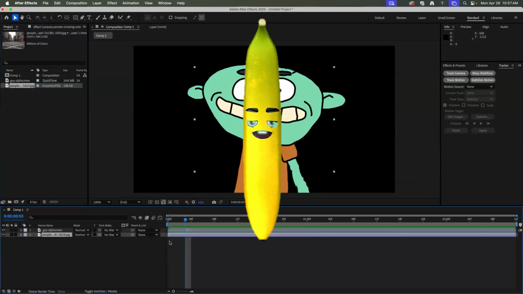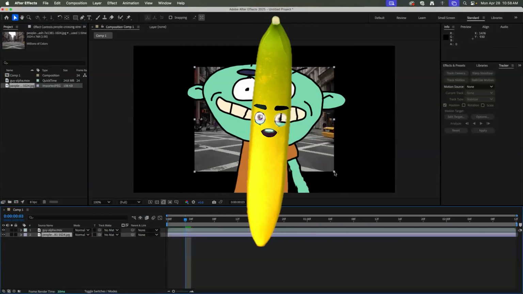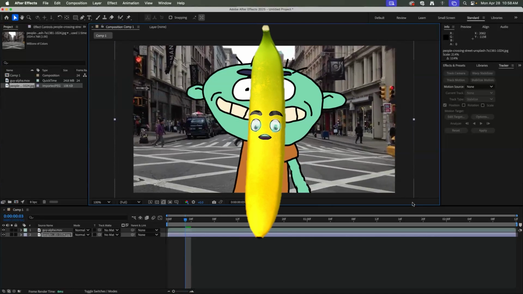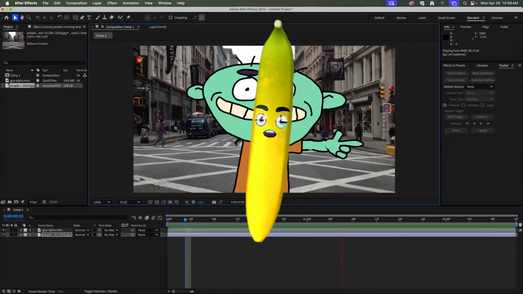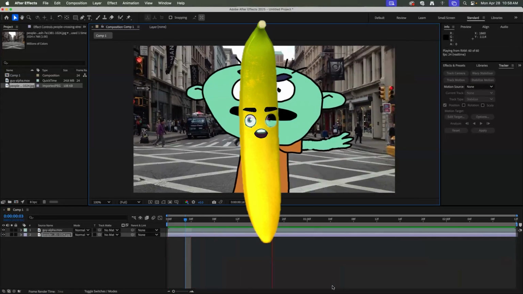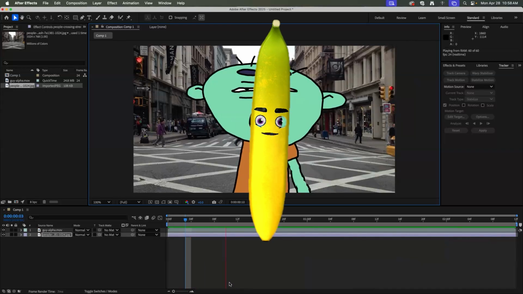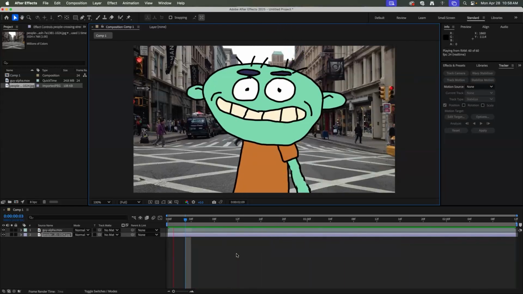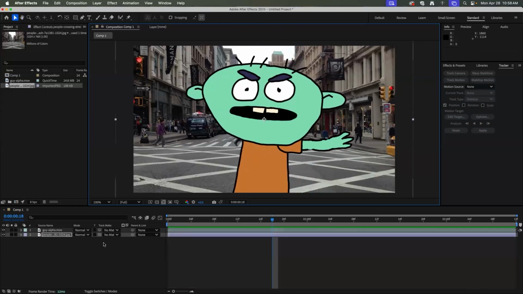How to add a layer style in After Effects to your cartoon animation to make it look like there is a rim light or a light playing over the character animation, or an inner shadow. Let's look. Okay, so the method to add a sort of rim or directional light, one of the ways you